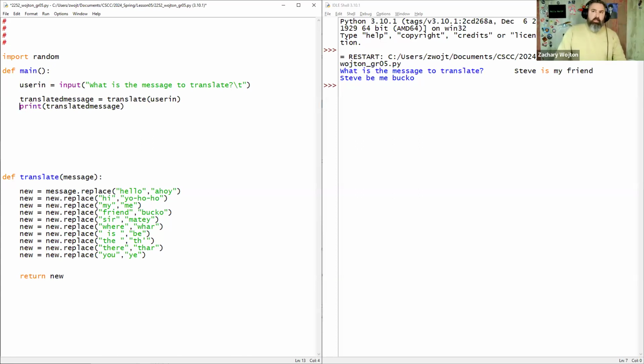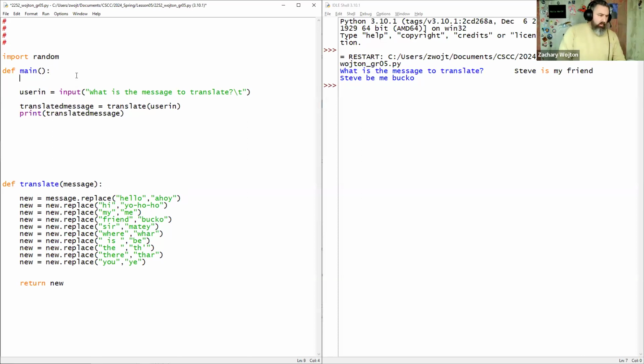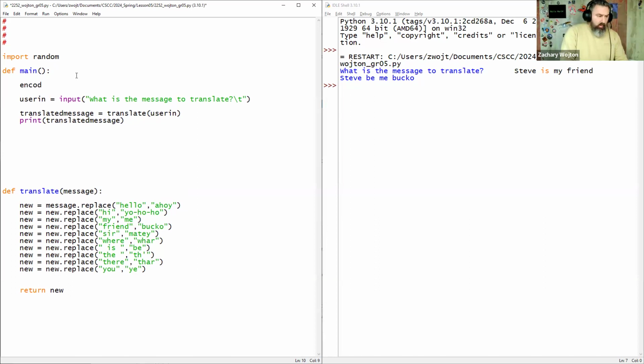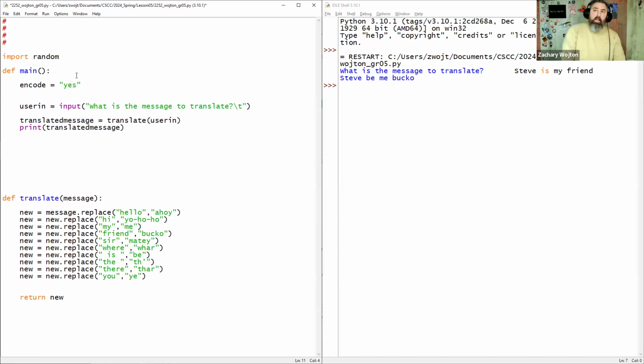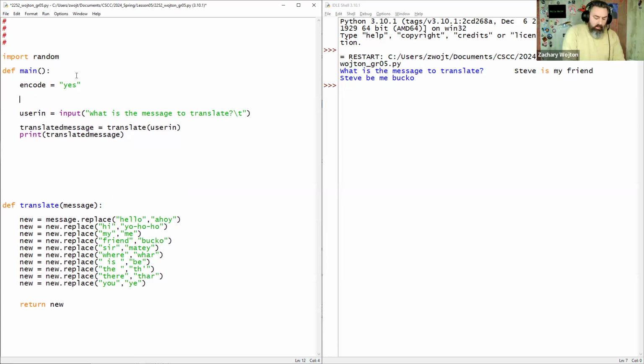We could add more logic to this. We could say, let's see, we got translate. We already got translate here. Let's say, we'll just call this encode, even though it's not. While encode equals yes. Right, and now we could start to add logic to this. You could say while encode, I like not equal to no. Then